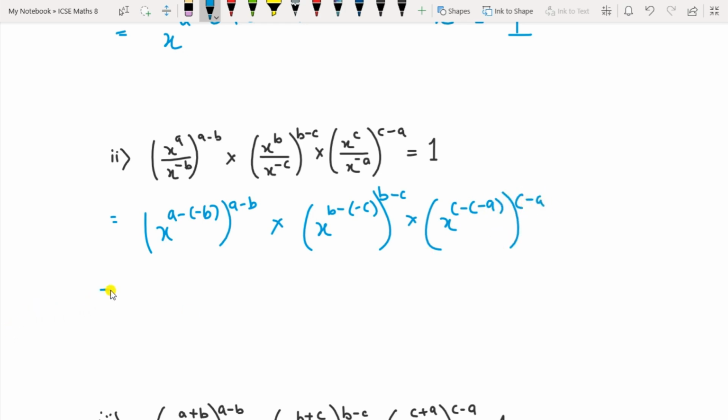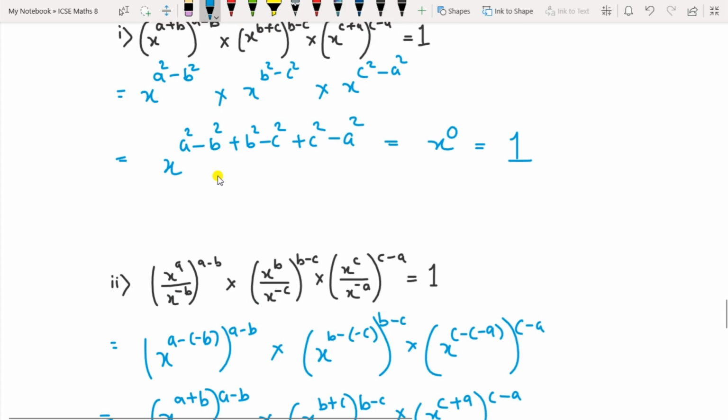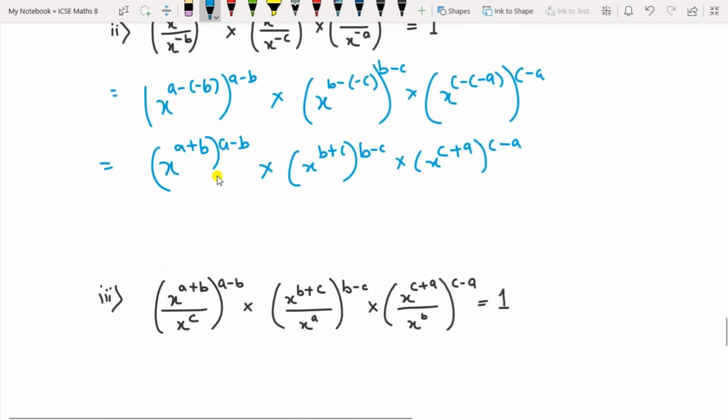Now inside the bracket you can see minus minus will become plus. So x raised to a plus b into a minus b, into x raised to b plus c into b minus c, into x raised to c plus a into c minus a. Now as you have seen in question number 1, a plus b into a minus b becomes a square minus b square. So you have to write it that it becomes